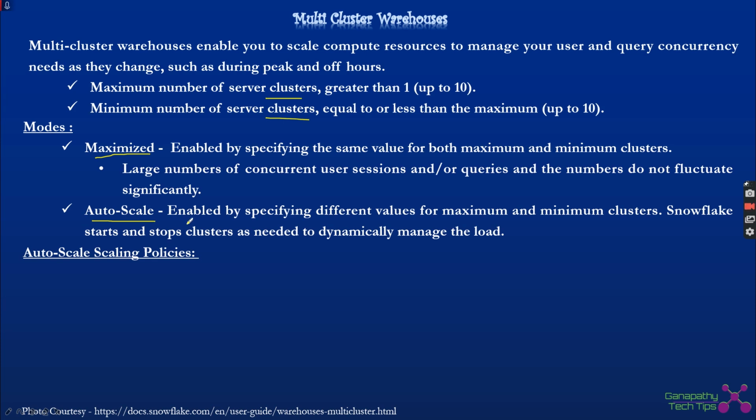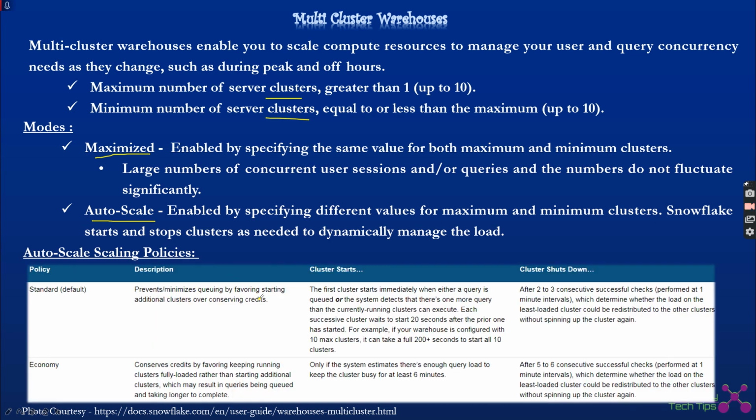That will reduce the number of Snowflake credits which is going to be consumed. So these are the two main modes, maximized and auto scale. Within auto scale we have something called scaling policies. Again, we are going to discuss two different types of scaling policies within auto scale. Auto scale we already discussed, the maximum and minimum number of clusters are going to be different. So we start with this minimal number and we can scale out based on the load demand. In this case, if you can see the scaling policies, you can define it as standard.